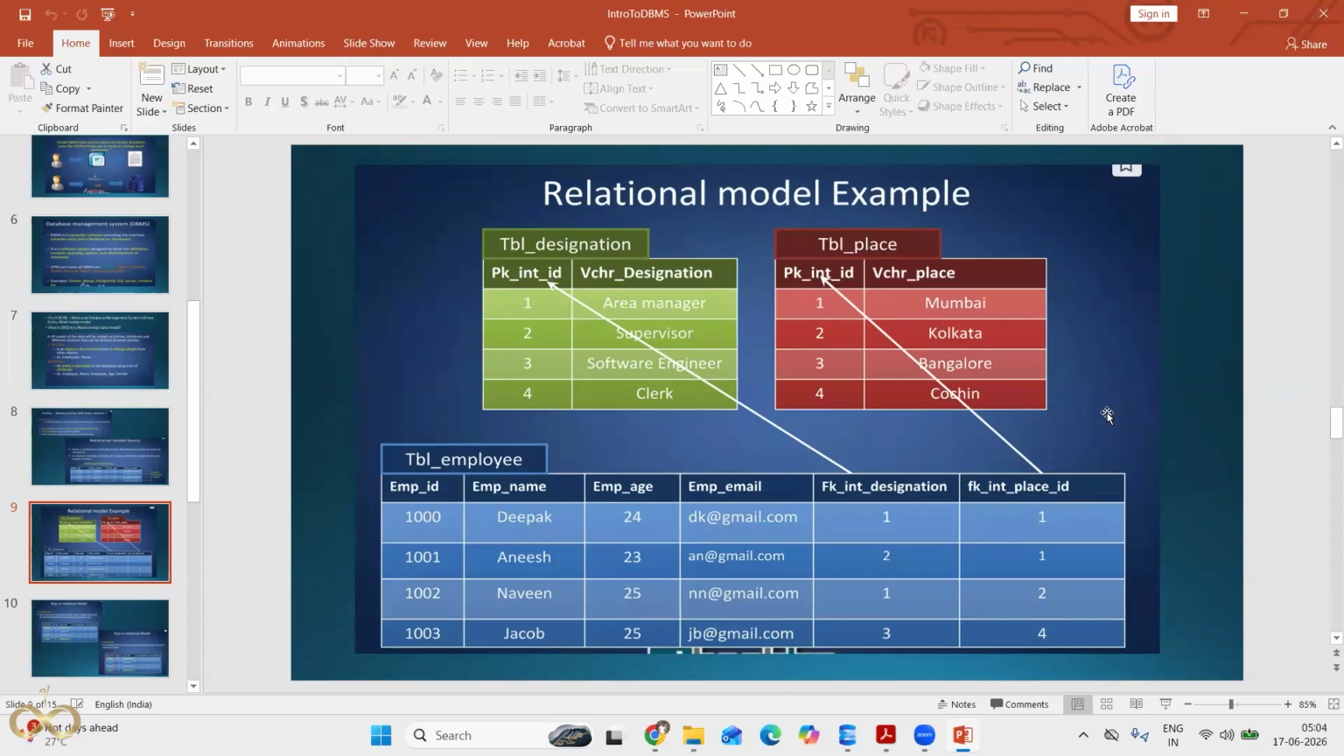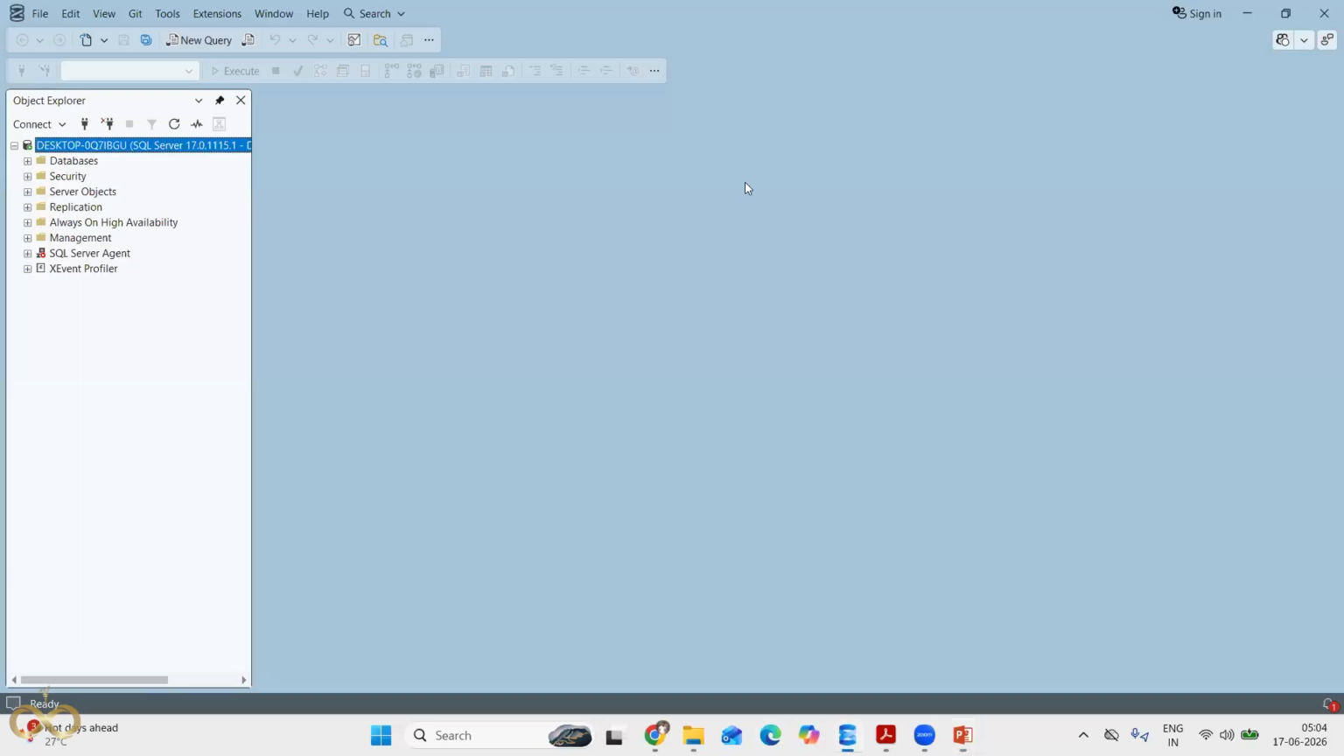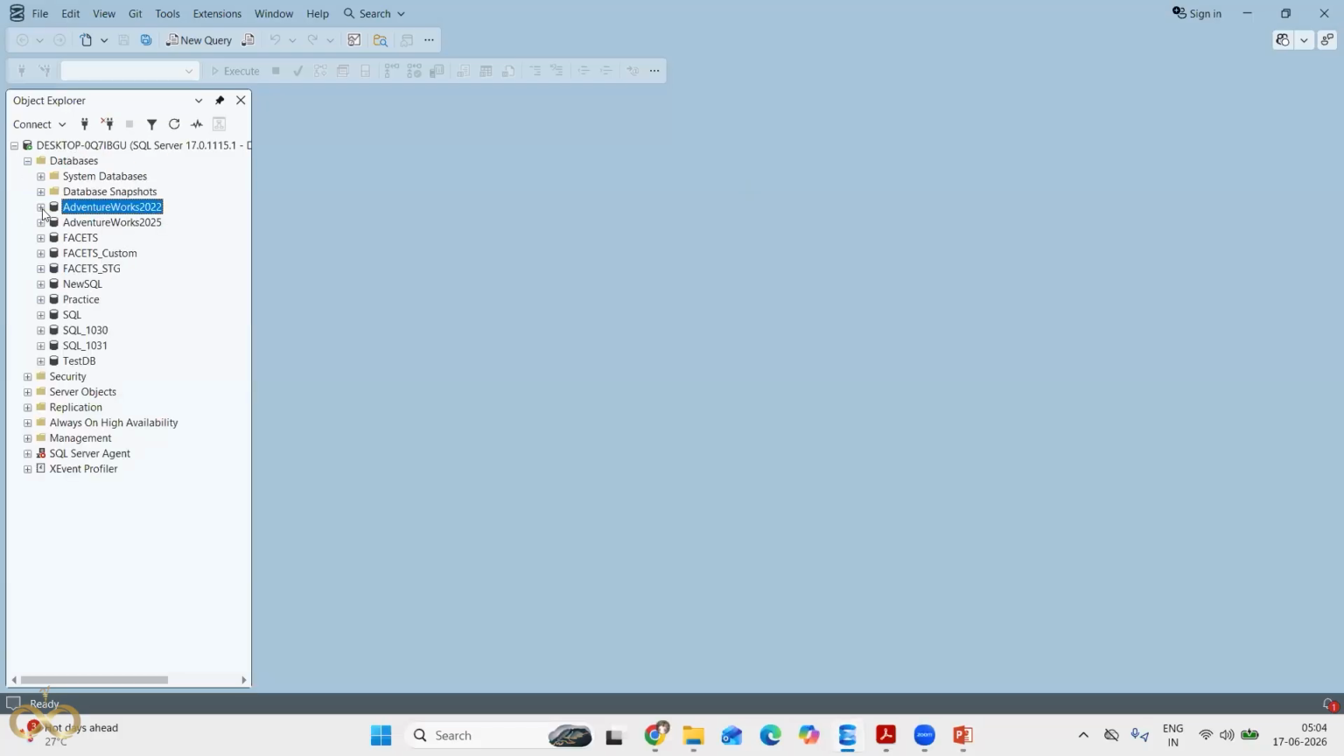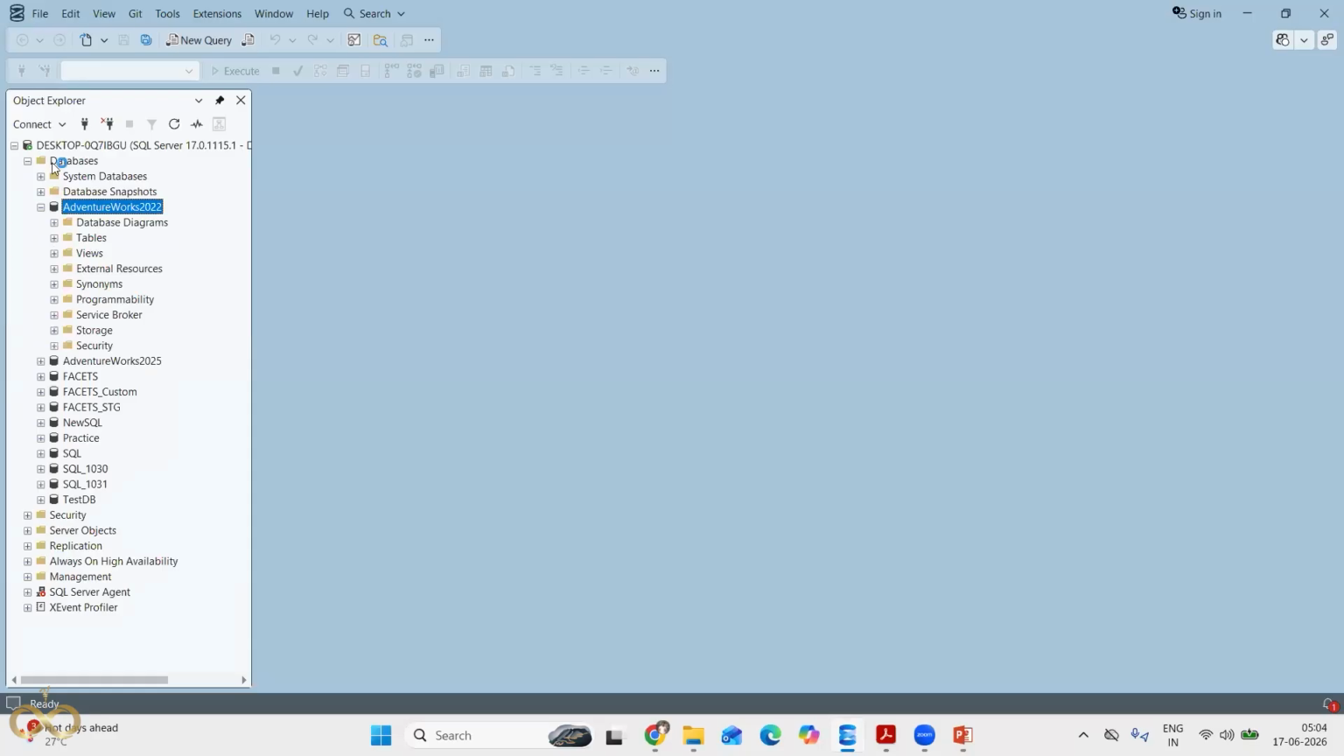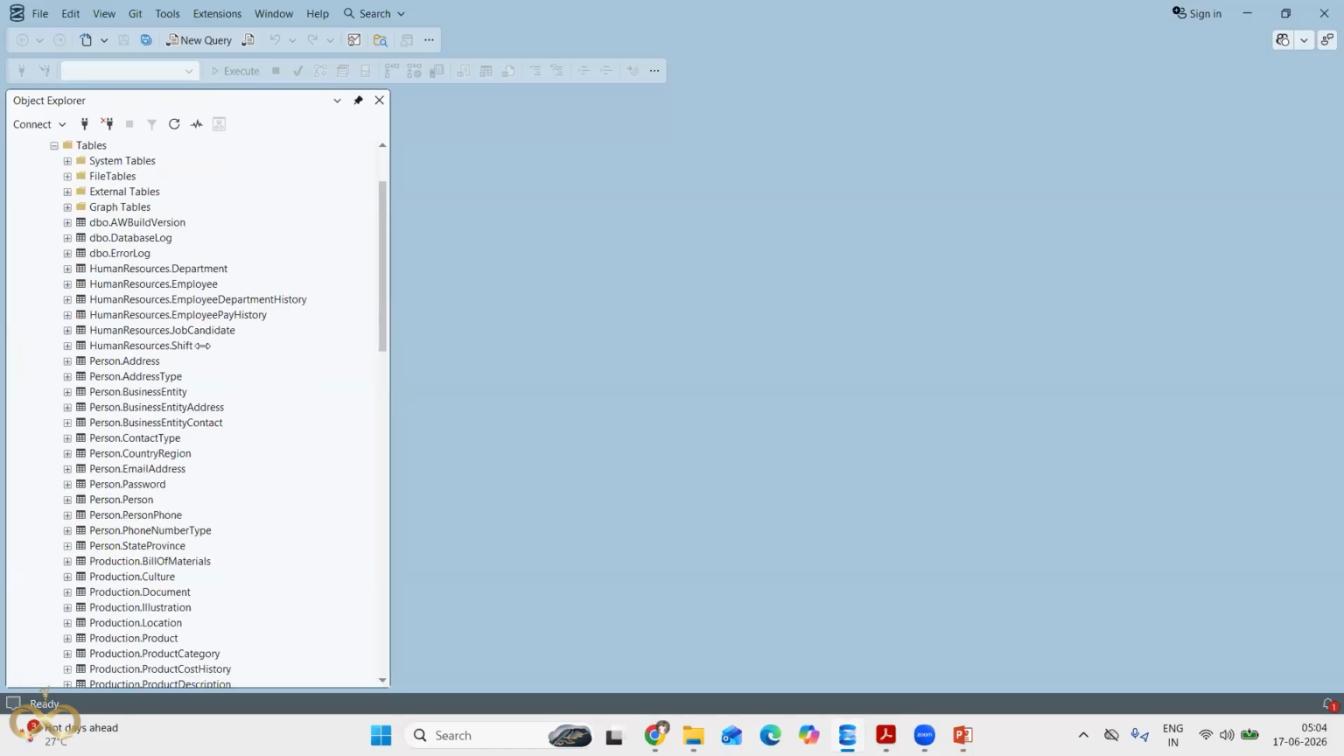Like this, the data will be stored across multiple tables in real time as well, in actual projects. We have this AdventureWorks database as well. In this, we also have multiple related tables. Instead of storing all the information in a single table, we have multiple tables. For example, this